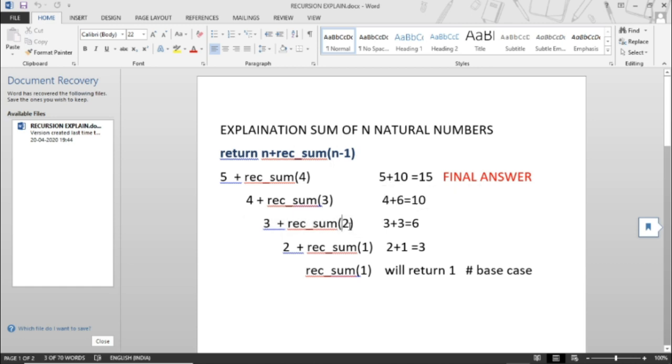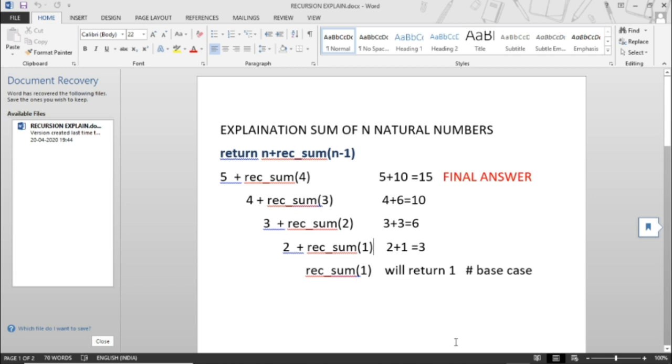Then it will be called with 2 and the statement will be read as 2 plus rec_sum(1). Then it will be called with the value 1. And for rec_sum(1), you know the base case or the exit condition was: if n is less than or equal to 1, return 1. So rec_sum(1) will return 1 automatically, right?